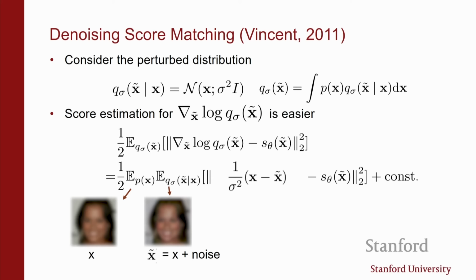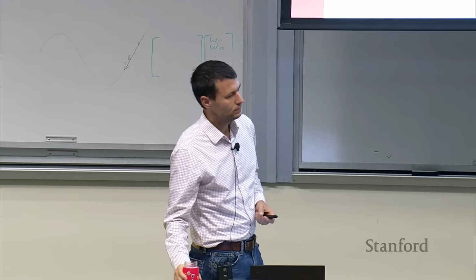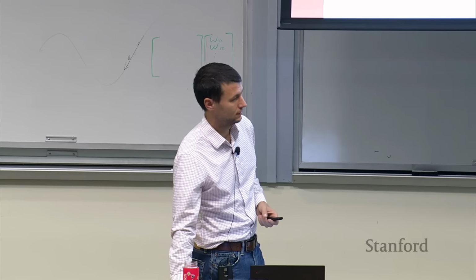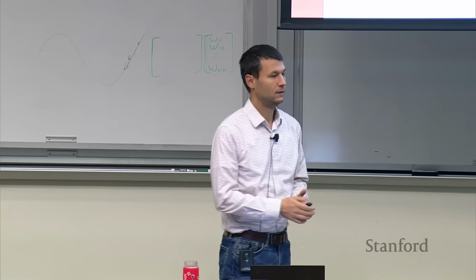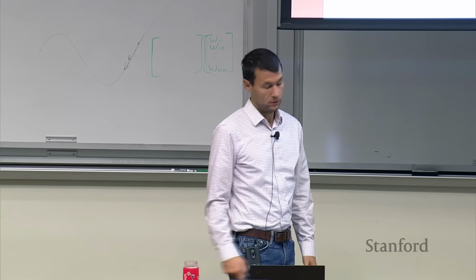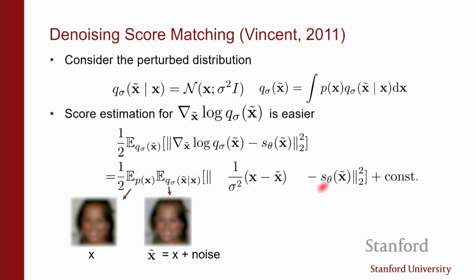Because even though we're not directly comparing with the original image, we still somehow manage to. Yes, that's called the Stein unbiased risk estimator. That's the key trick that is used. You can still evaluate the quality of an estimator without actually knowing the ground truth in some sense. So do I understand correctly that the only unknown in this optimization is basically theta? Like you have the x tilde, the sigma, everything except for theta, right? Yes, the x's and the x tilde, you're generating them yourself, but S theta doesn't see the clean data. S theta only sees the noisy data, and then you're trying to predict the noise.